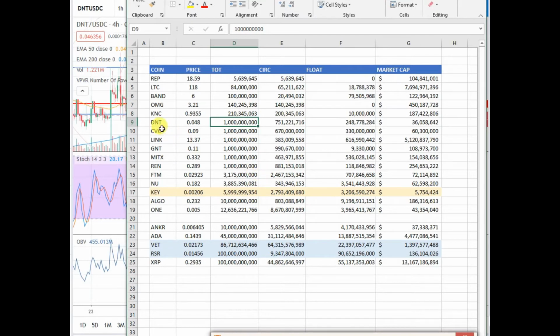Let's compare that to Civic, which has less out here in the circulating supply. Same count right here on the total supply, and it's at 9 cents. Chainlink, of course, 1 billion in the total, 383 million out and circulating with a price of $13. Now, granted, we have double the amount of coins that are in circulation on DNT, but if you took this in half, that's like $6-7. What does that tell you about the possibilities for DNT